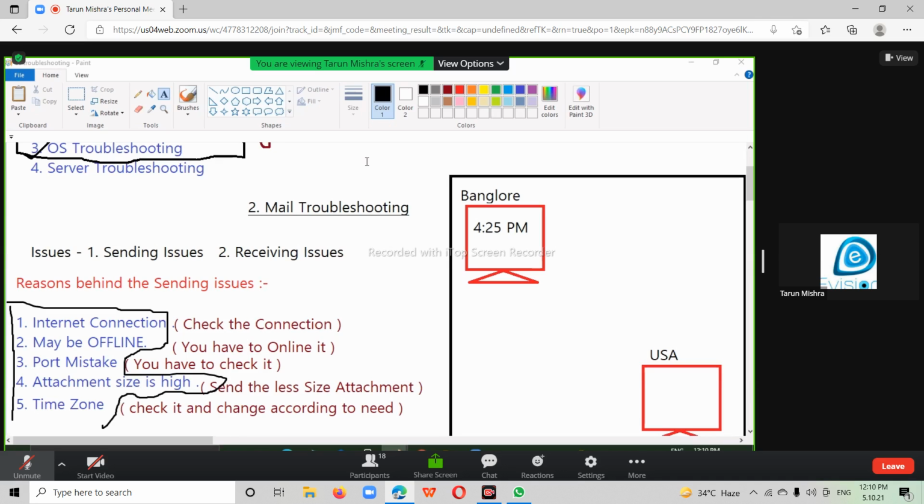All of you can write it down. If you're taking a screenshot, you can take it, but make notes also.